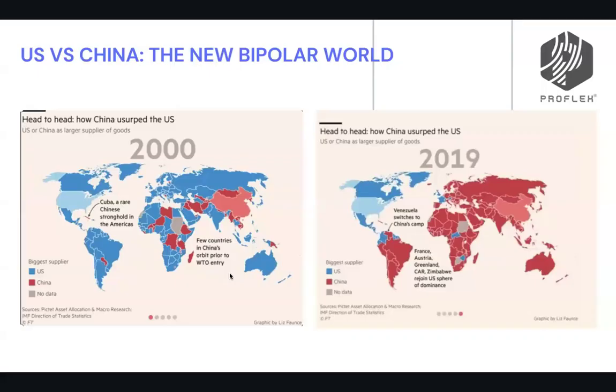let's also look at, we always talk about geopolitics. It's a longer term trend. This is a chart comparing the US as being the supplier versus China being the supplier of the world. Now you see the red is slowly taking over from the Eastern world, all the way into, China has taken over not only the whole of Asia and Europe, but also Africa and South America. And the US is scared, and actually for good reasons.